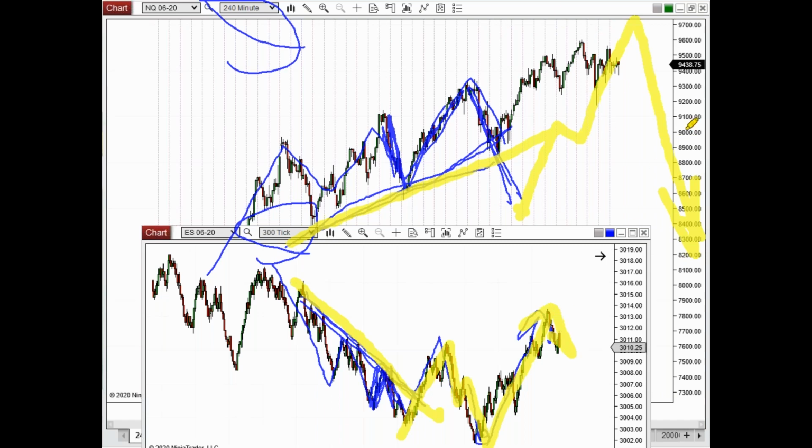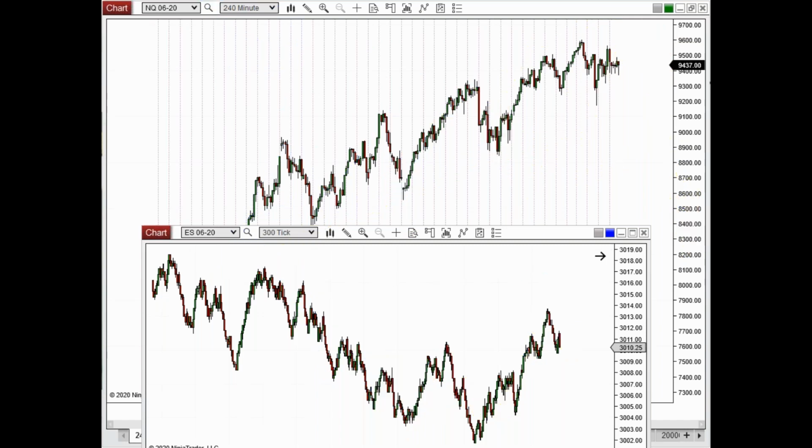So that means that since this didn't go with the most probable pattern, there's a lot more indecision up here. We don't have as strong of a pattern developing in the overall market right now. And since we don't have that strong pattern, we need to focus on what's going on the smaller time frames instead. So this is trying to do a megaphone, but since it has this move up here, now the megaphone